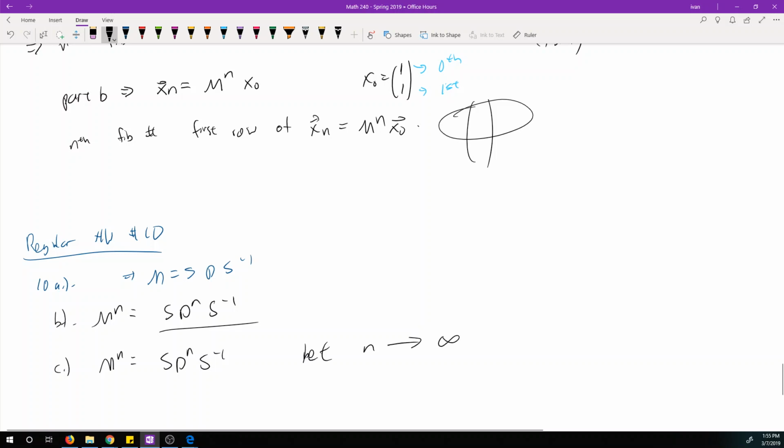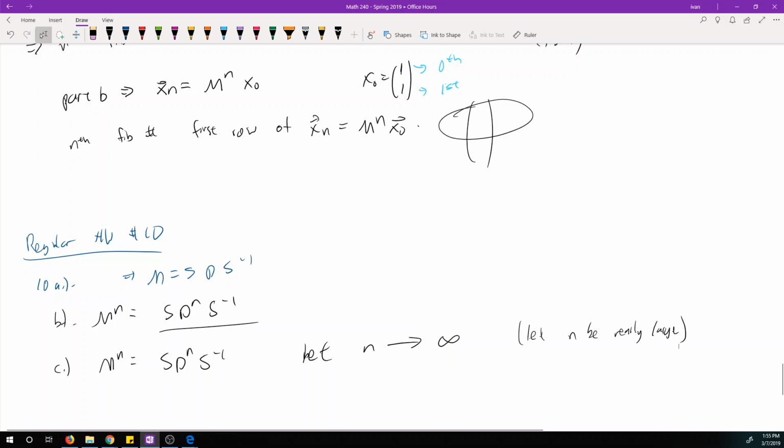The way you should do this as an applied problem is, in whatever calculator you have, let n be a really large number and keep making it larger and larger, and see what happens to M^n. It should stabilize. And the limiting distribution of xn as n goes to infinity